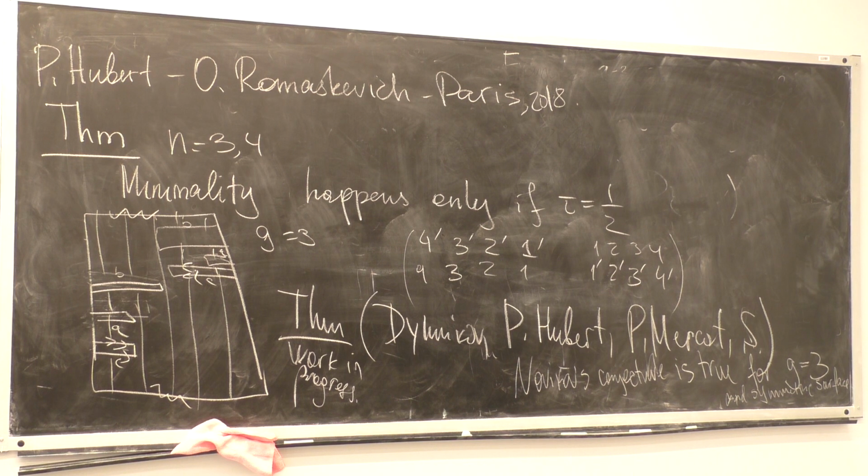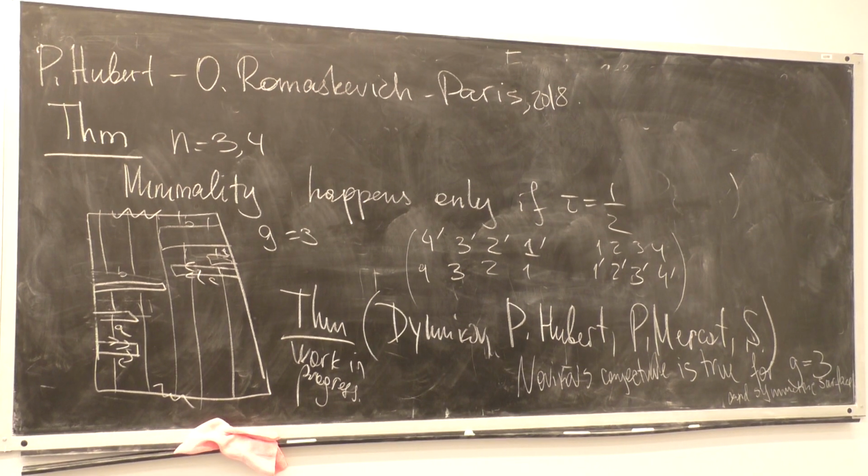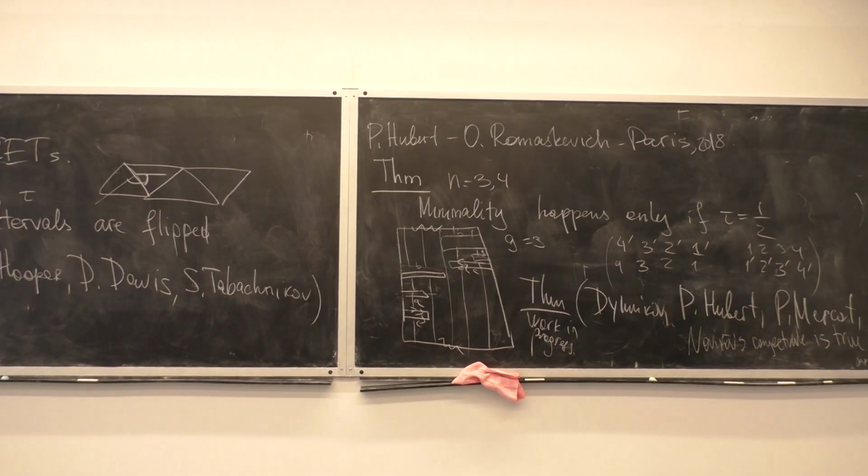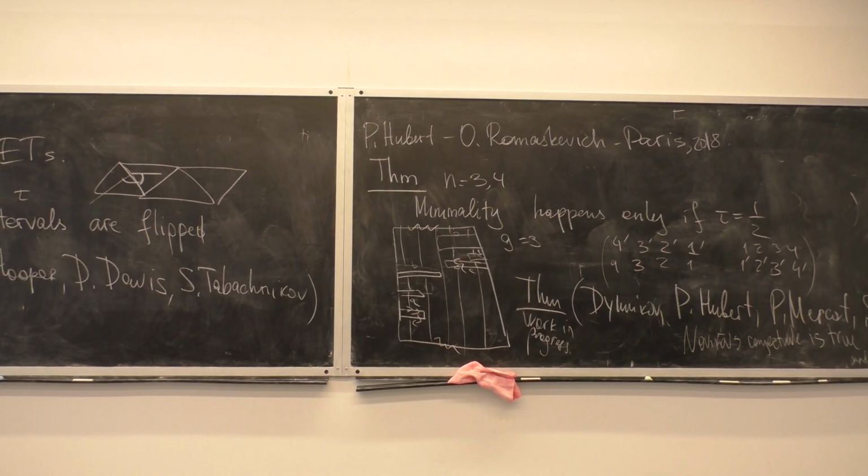Can you explain about this theorem? Genus equal to 3 and 4? Is it an artifact of the technique that they can prove it only for 3 and 4, or is it something really specific for surface genus? Well, we don't know exactly. Their proof is extremely technical, as I told you. They apply some kind of induction and they analyze what happens to the Rauzy graph. But the graph is enormous, of course, because if you consider a standard plan, you are kicked off from the class of fully flipped.